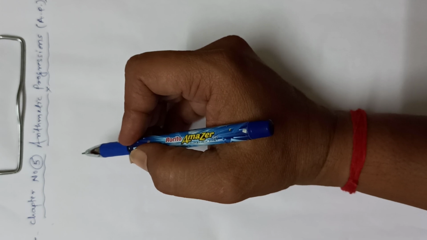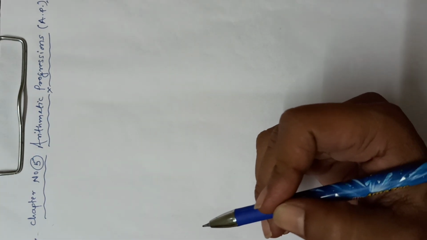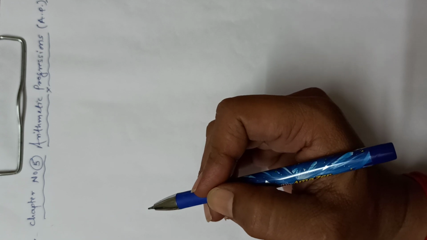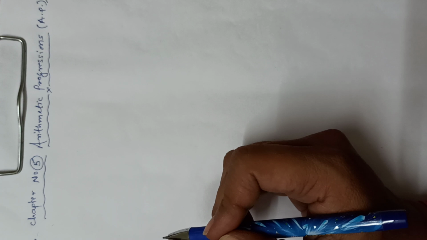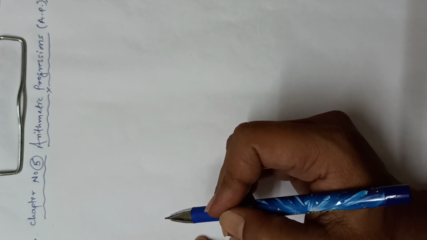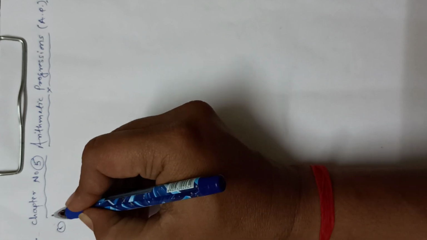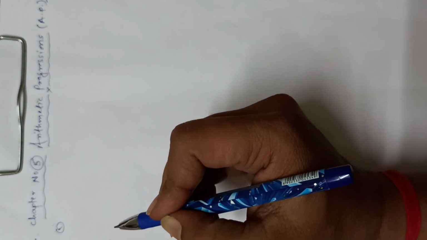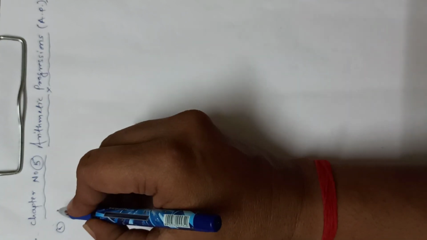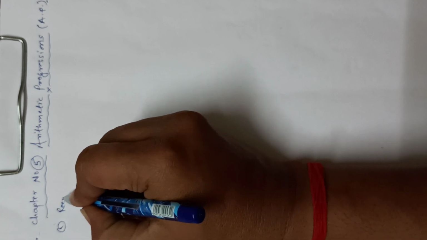Arithmetic progression. What is arithmetic progression? See, some numbers are following some specific pattern, in some specific manner, then it is called arithmetic progression. First we will see some examples, and after that we will see the definition of it. First example: suppose Reena got the job with a salary of 8,000 rupees with an annual increment of 500 rupees each year. So this is the example.